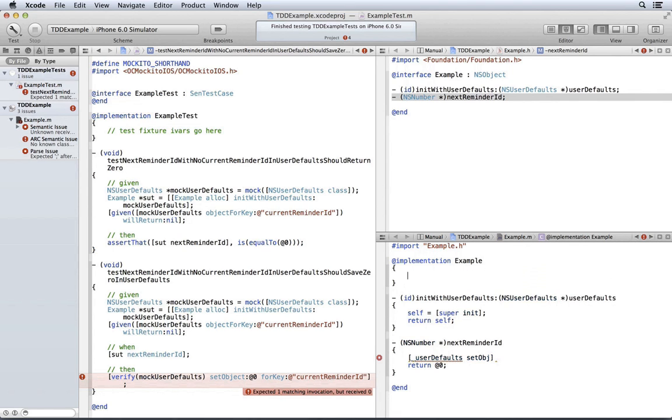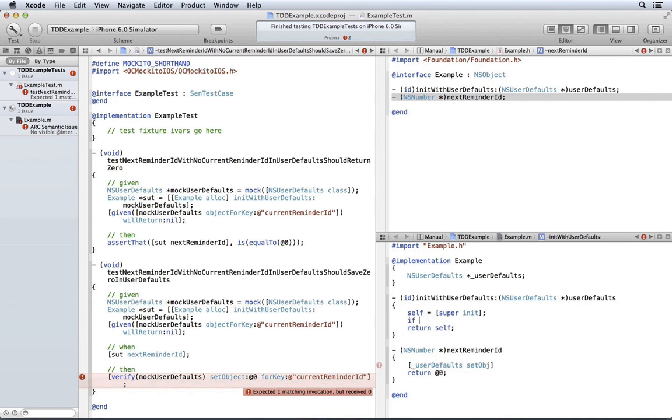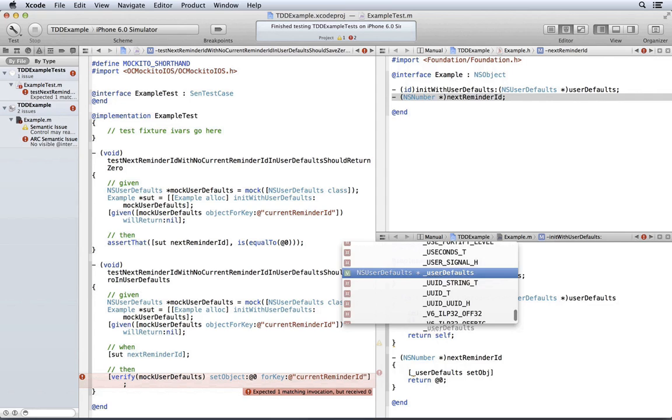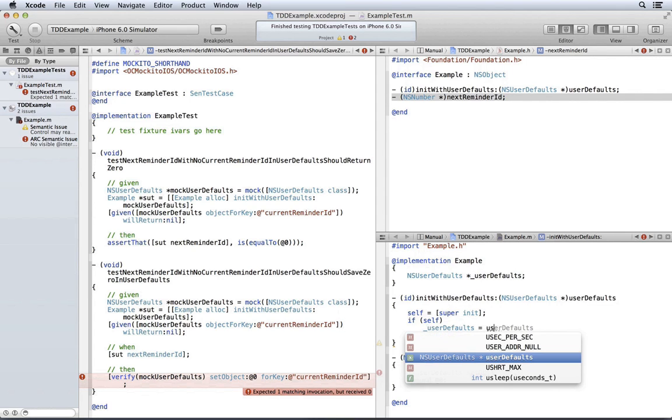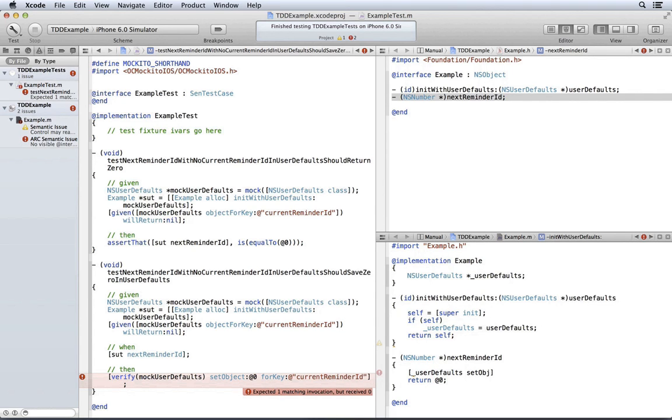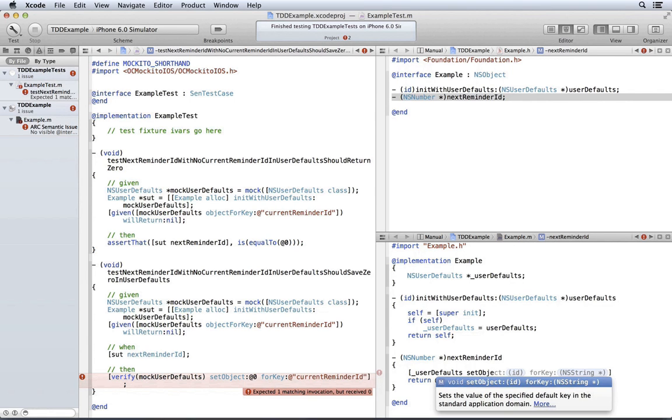Let me first set up an instance variable and say in the initializer set it to what is passed in, and then finally set object for key.